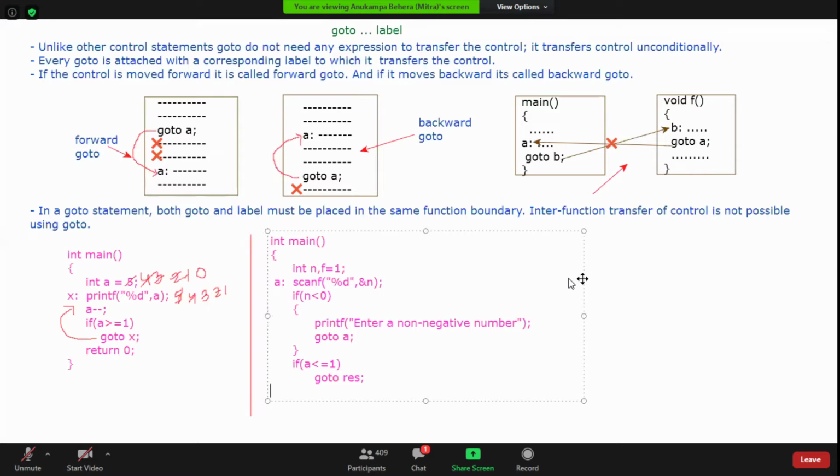Otherwise we can go for a loop, or we can go for a label, we can name it repeat. So here we will write f equal to f into n, then n minus minus, if n is greater than 1, go to repeat.